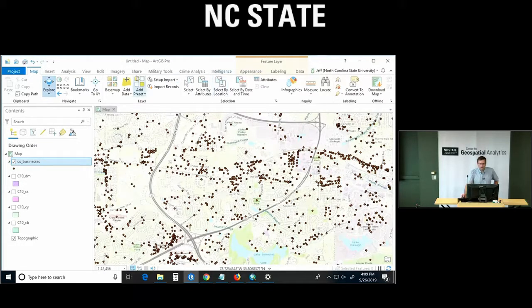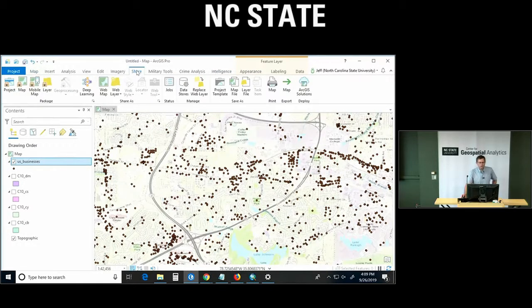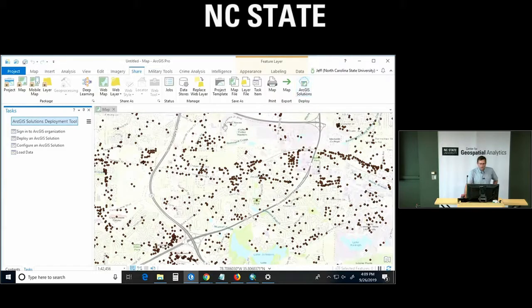I don't know. Oh, there it is. I need share. It was on the very end. So it gives you this button under share for ArcGIS Solutions, and then you have to of course sign in. So it's very tightly integrated with ArcGIS Online, and so you go to deploy,